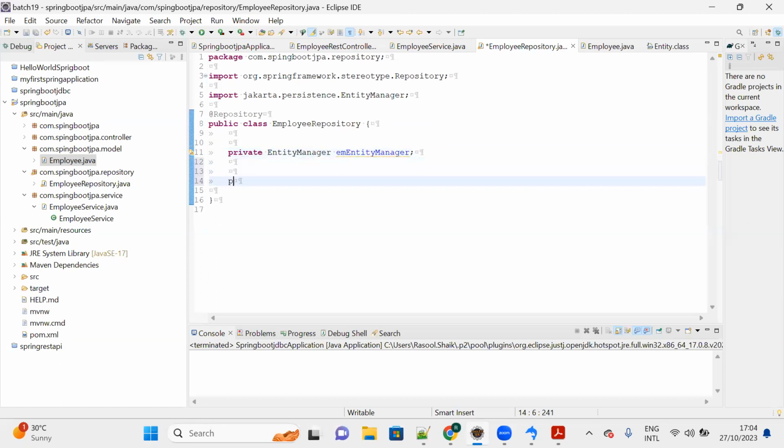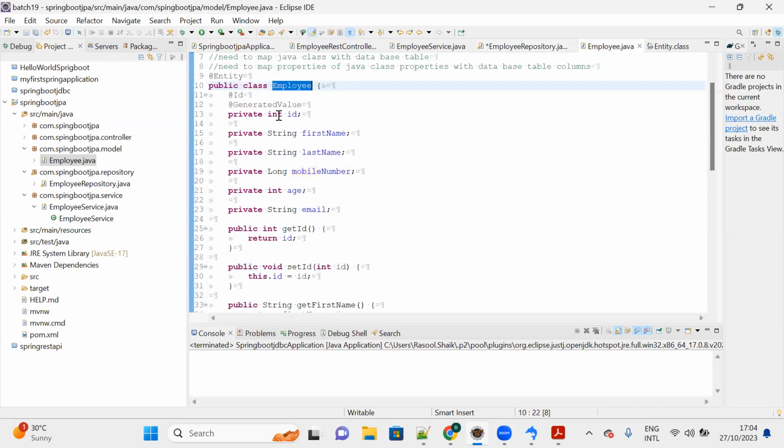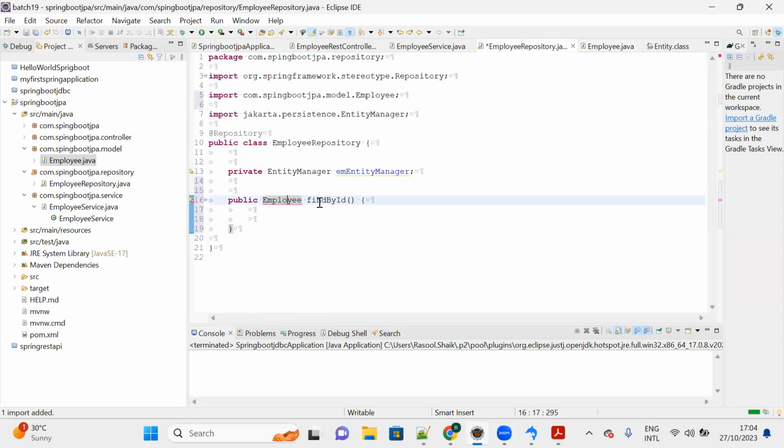So now what we need to create? Let me create findById. Public findById will return your Employee class object. What do you need in the findById method? I have created an Integer in the POJO class, so here I will give int id. You have to import the POJO class. So what will it return? An Employee class object, with the help of